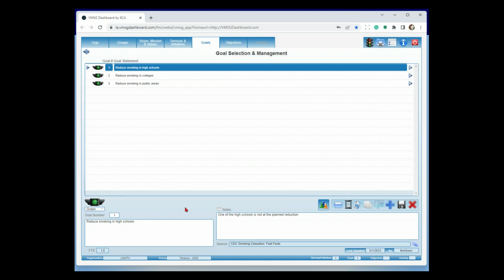A new feature we just rolled out this past week, actually, is this little button right here. What that allows you to do is just time and date stamp your notes. So if I click on that, it's going to put in here my date, my time, and then who did it. So in this case, Fred Erickson is adding a new note in here. So it's just a new option we added. People were looking for that to be able to calculate when these notes were put in there, that sort of thing.